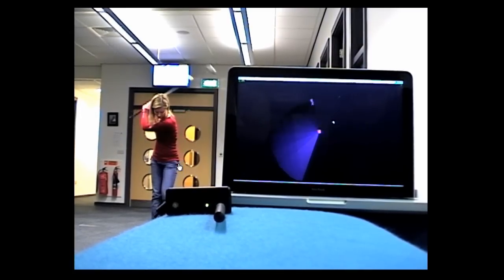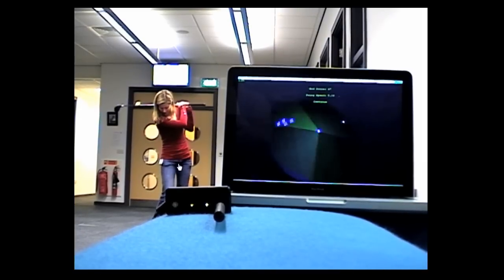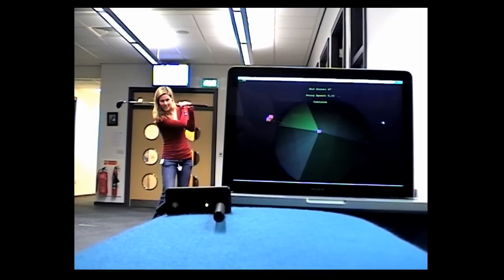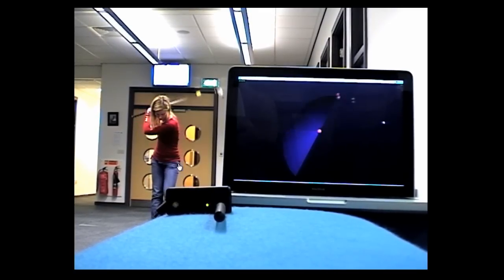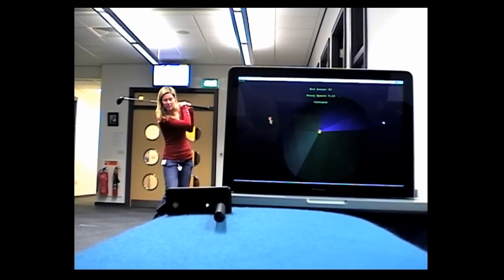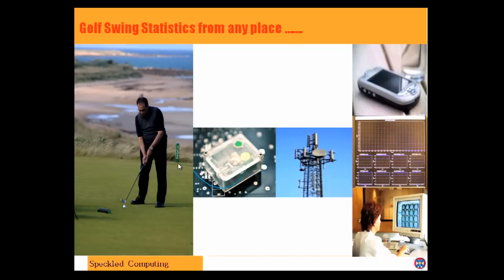Now, this is quite useful because you don't do this only in the lab, you can actually do it on the golf course and see whether you're swinging in the plane, which is one of the important things. And then you can have sensors on the shoulders and the upper arms so that you can analyze the angle between the various parts of your body and see how you can correlate that with the goodness of the swing or otherwise.